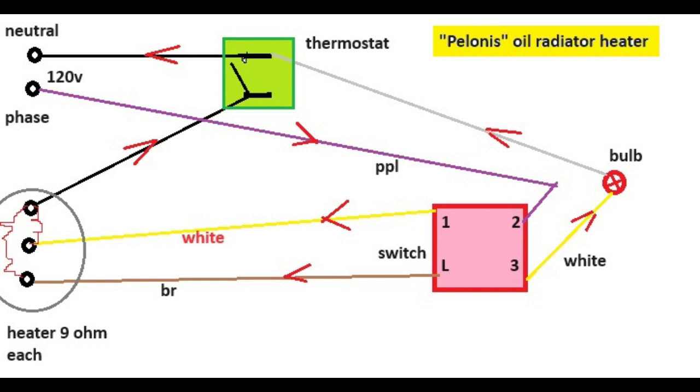So the first thing I did, I checked the resistance of the thermostat. It was connecting okay. The thermostat was working fine. Then I checked the heating element, and it was fine too. So my problem was inside the switch. The switch was broken. You can buy one from eBay for about $15, but it's gonna take about 2 weeks to get it from China. So obviously I didn't want to wait, so I took the switch apart,